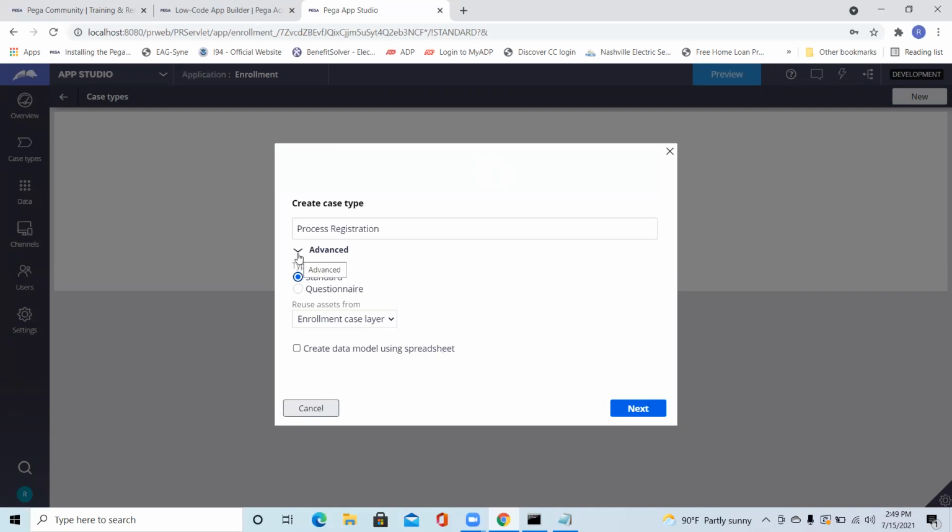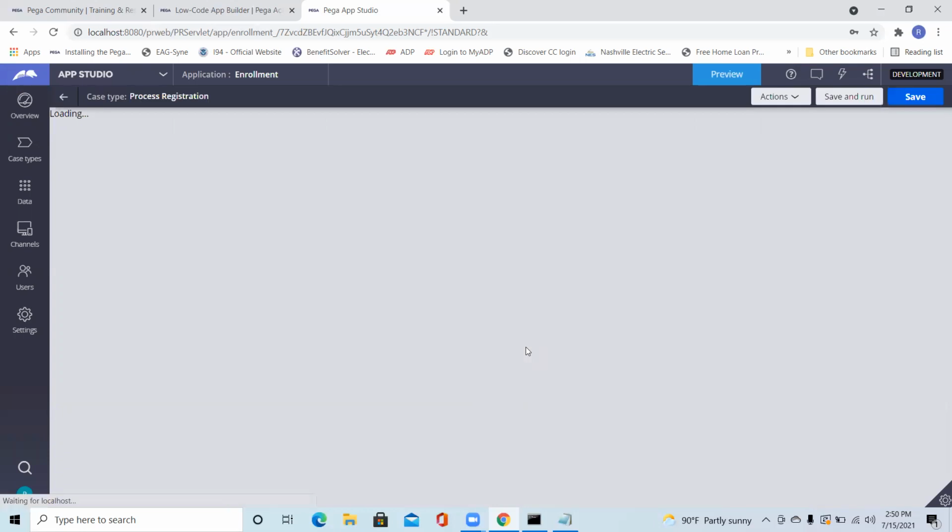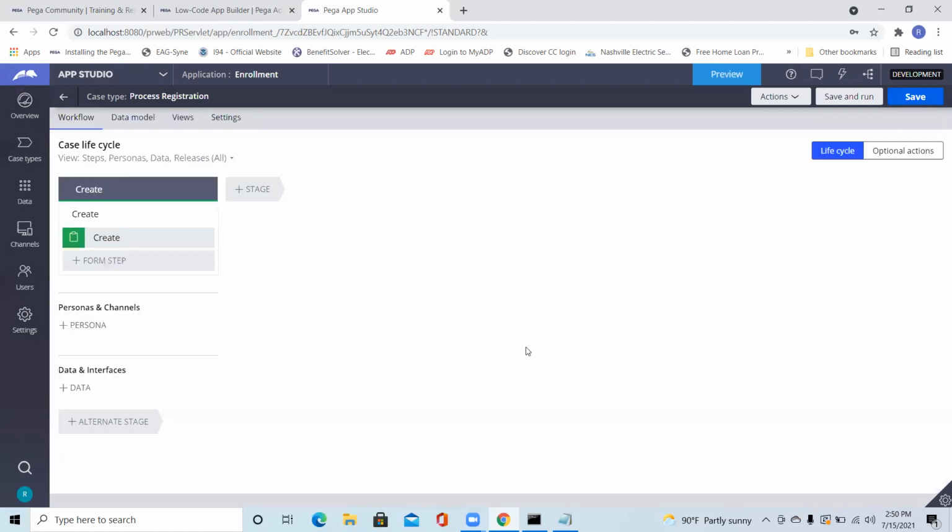Maybe I need to check this. It's all advanced now. This Cosmos is introduced, right? So I'm thinking this should not be related to the Cosmos standard or questionnaire. I need to check that. 8.6 is very advanced, and we are working on 7.1.9. It's a generation gap.